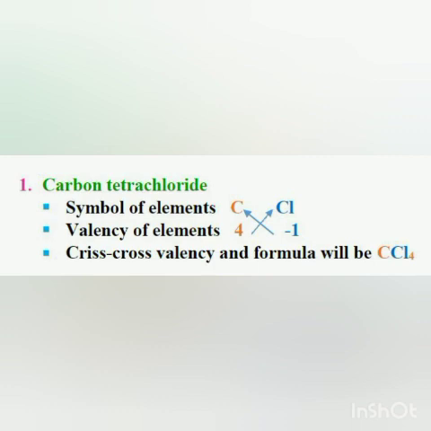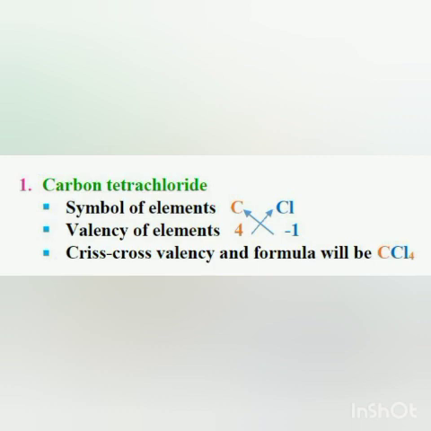After writing the symbols, we write the valency of the elements. Here I will give you the valency, but when I explain the next chapter, in that chapter I will explain how to find the valencies. So after that I will not give you the valencies. You have to find the valencies. You have to write the valencies on your own. Okay, so the valency of carbon is +4, and the valency of chlorine is -1